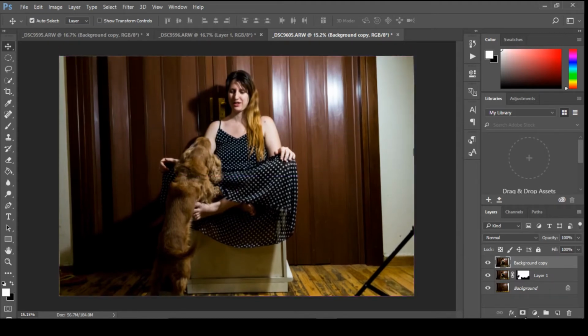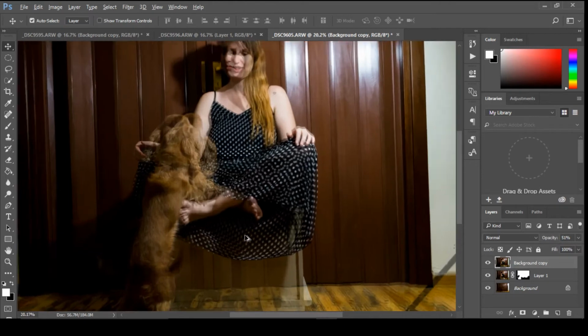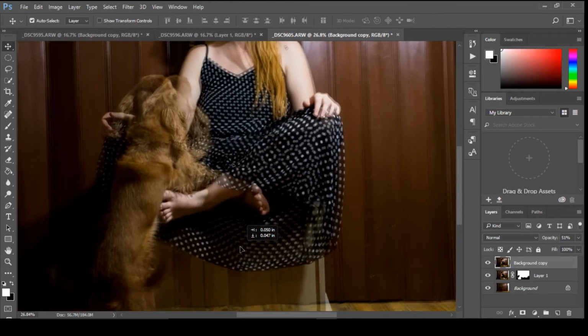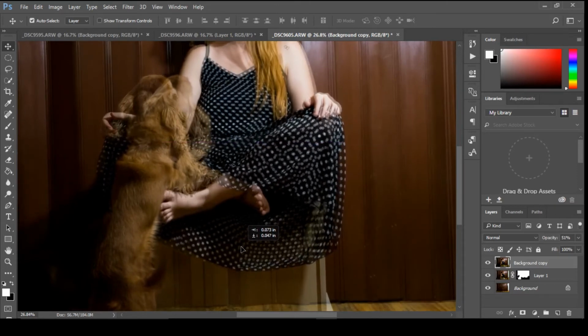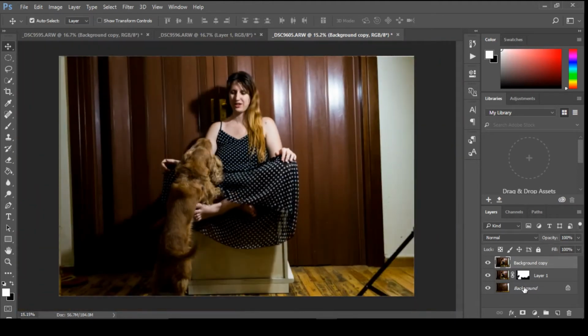Now before you create the mask, lower the opacity to make sure that you have aligned perfectly your photos. You can click Ctrl key to make it easier. Nice. Now bring the opacity back and create a mask.